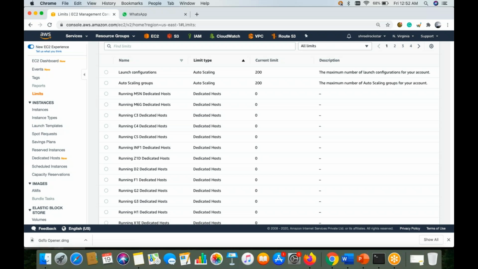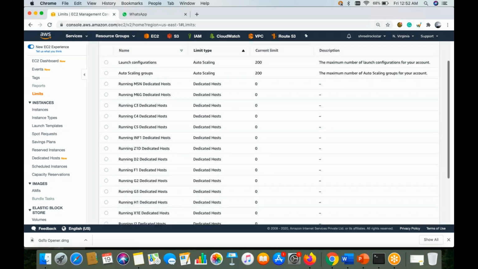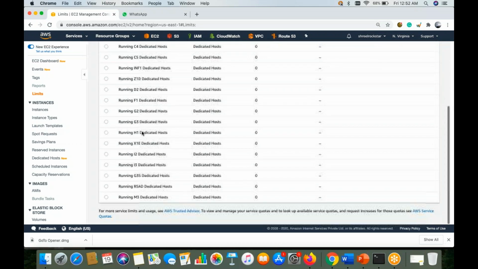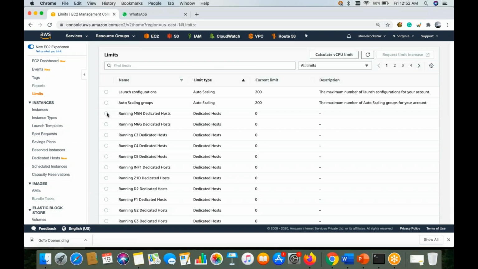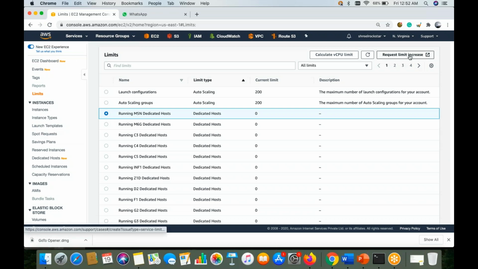For example, if my account is only free tier, I have 750 hours, but I'm not eligible to create these C3 dedicated hosts. See, these are the instances available. If I want to work with it, I have to select this and request a limit increase, and only then can I use this resource.